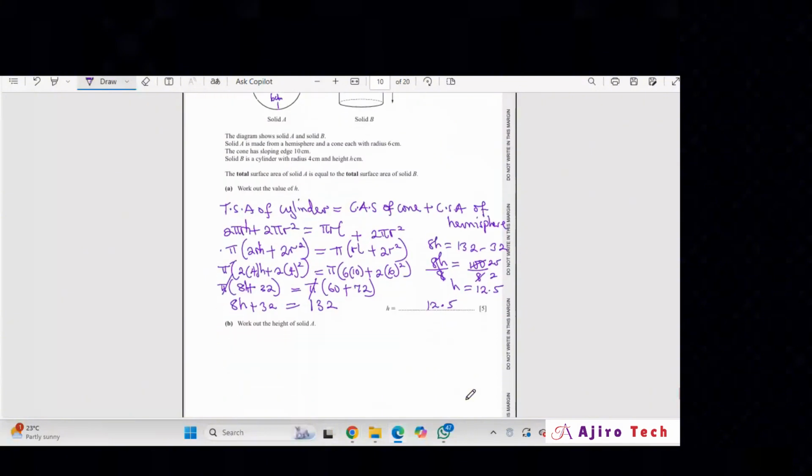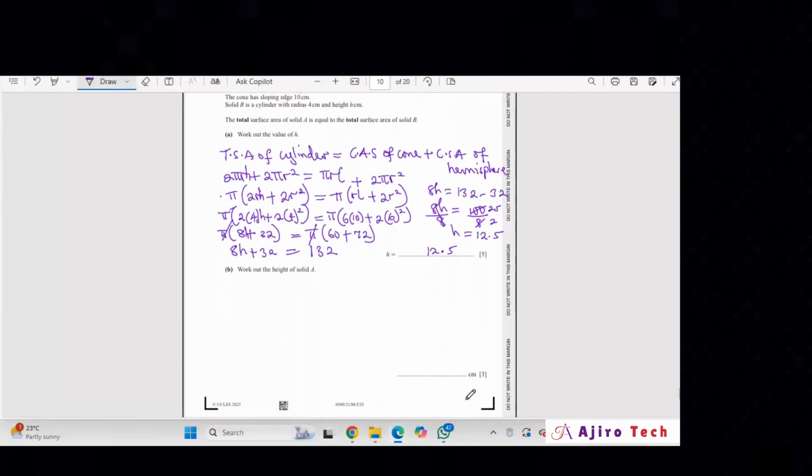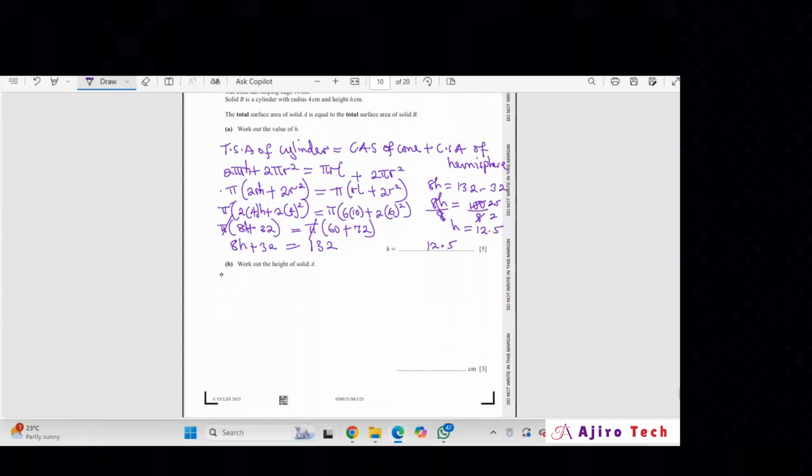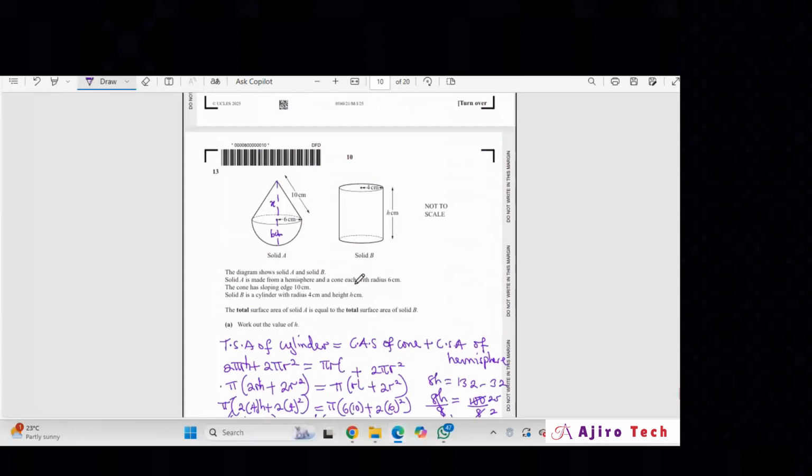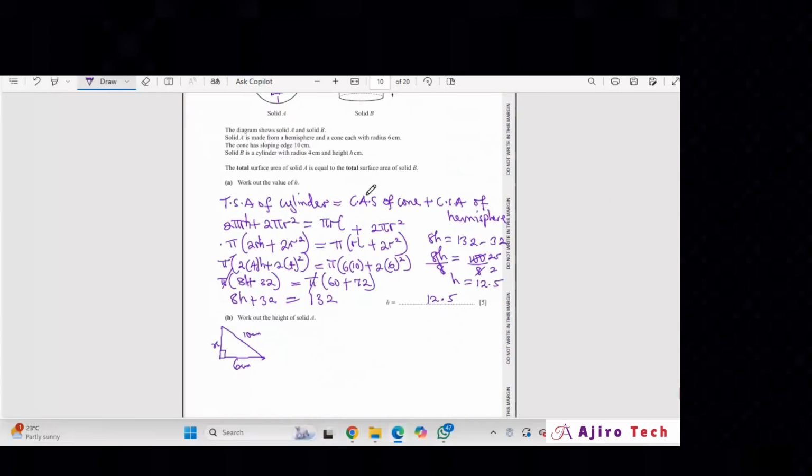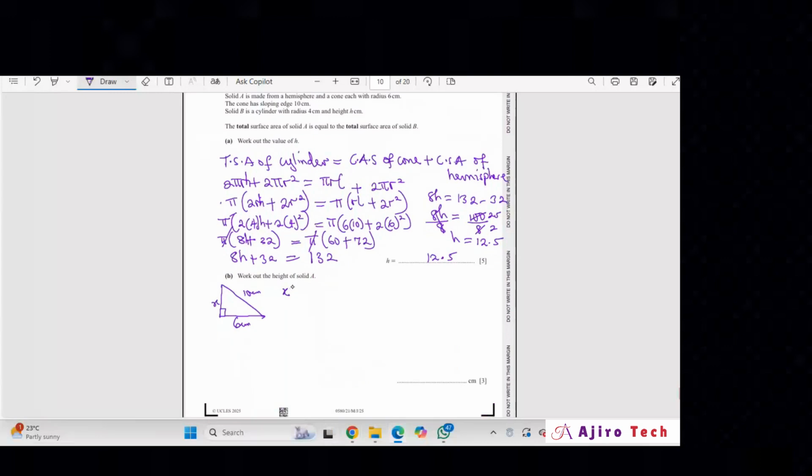So for me to get the height of the cone, if you look at it now, I'm going to draw a right angle here. Here is 6. Here is 10. And here is S. This shape, that is the right angle I'm talking about there. From this place, I'm going to have, using Pythagoras now,